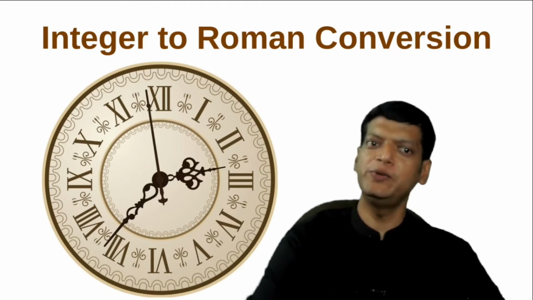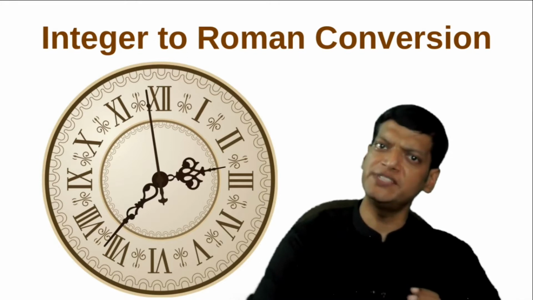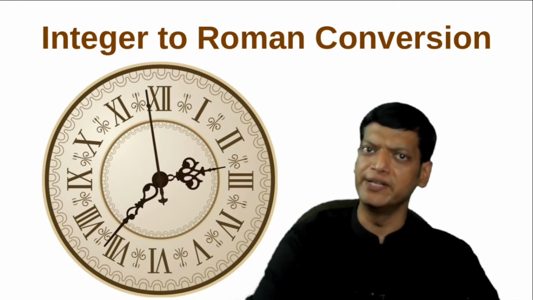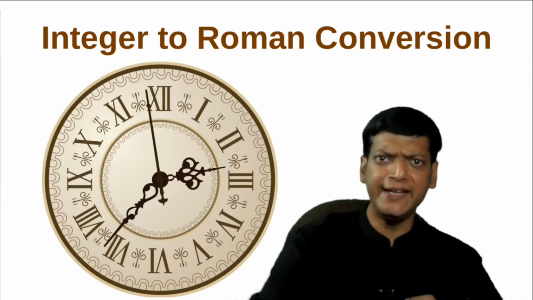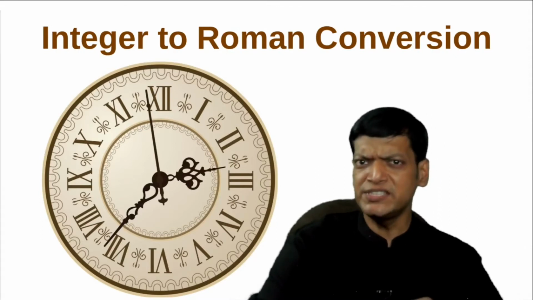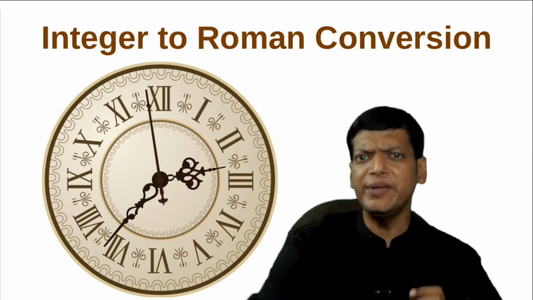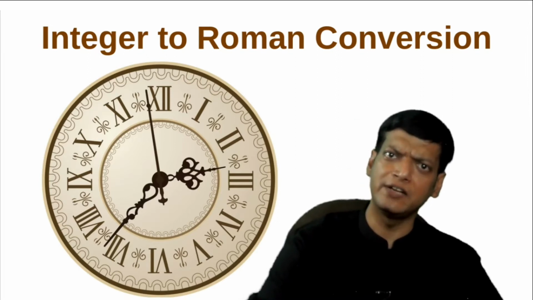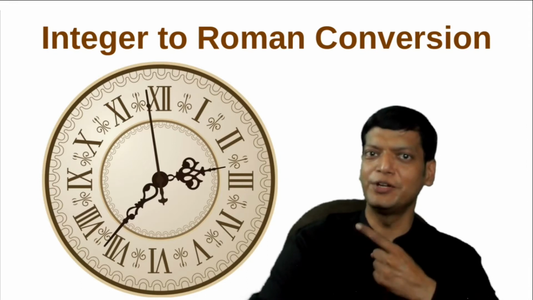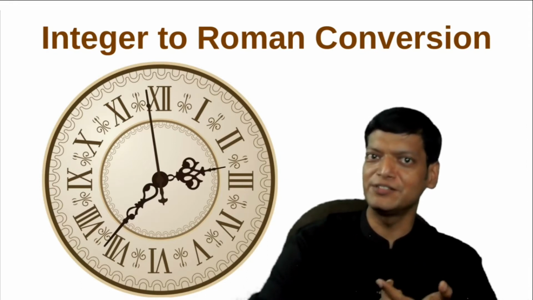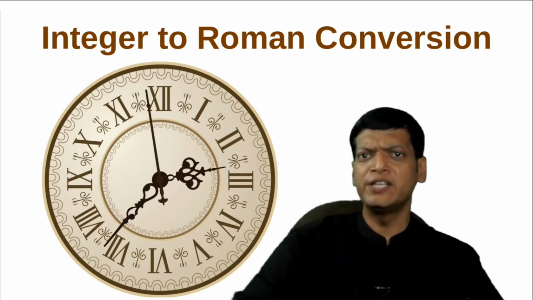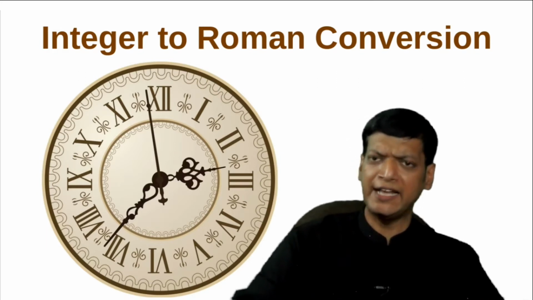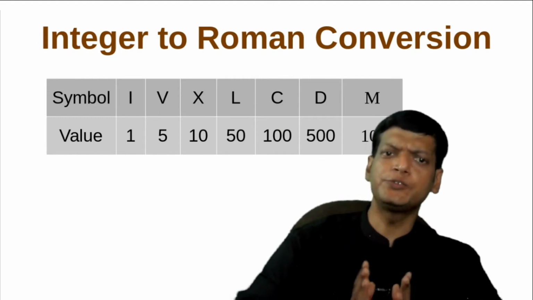In today's video, we'll see how we can convert a positive integer into its Roman equivalent. The Roman number system originated in ancient Rome, and numbers in this system are represented by combinations of letters from the Latin alphabet. You find Roman numbers on clock faces and in front of the classrooms. The modern Roman number system employs 7 letters, each of which has a fixed value.